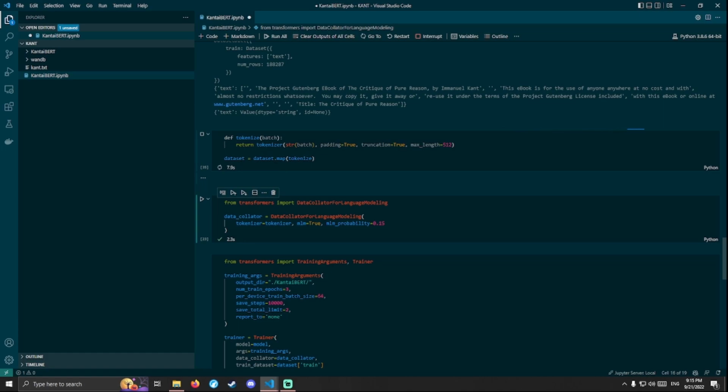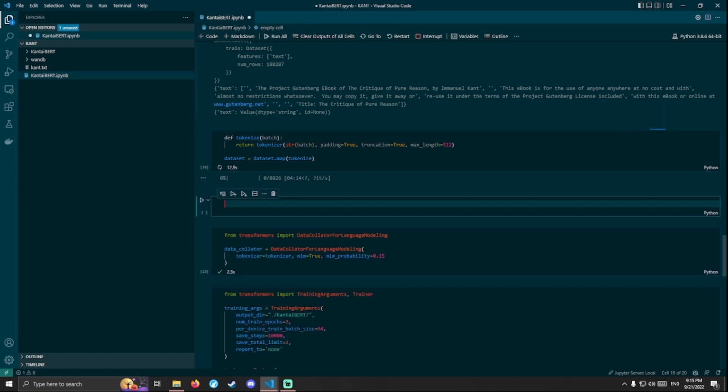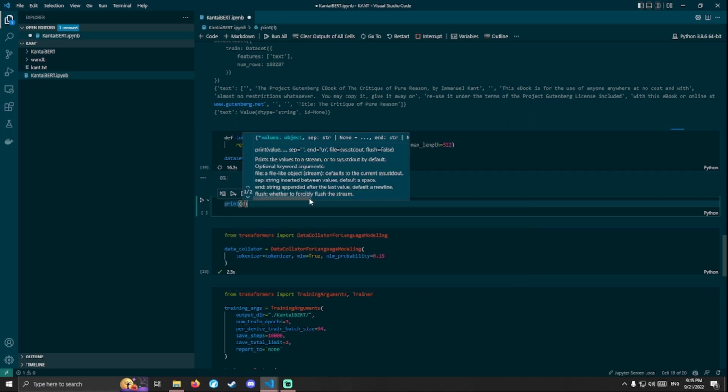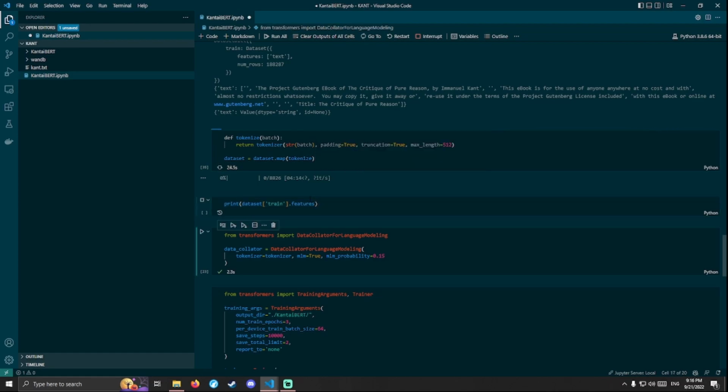But as soon as this is done, I'm going to add a little piece of code here to actually print it, so that we can then see. This should add input IDs and attention masks to everything